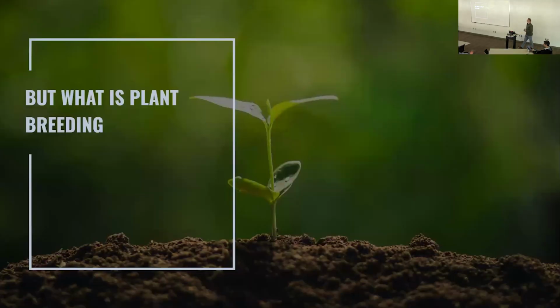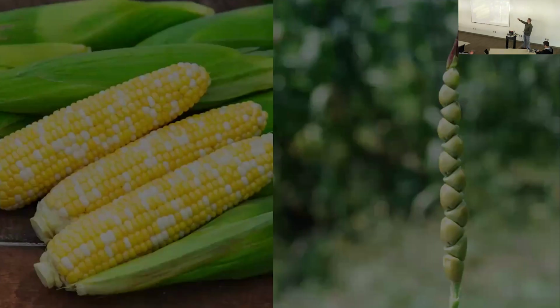Before we get started, I have to talk a little bit about what plant breeding is. Plant breeding is this super cool niche. It's kind of a mix between agriculture, data science, math, statistics, all that kind of stuff. But in general, it's the idea that we can selectively improve our crop varieties over time. As an example, on the right here, we have teosinte, which is the wild progenitor species of modern corn. On the left, you have a modern corn ear, right? Very different. This one has like 10 kernels. That one has tons and tons of kernels.